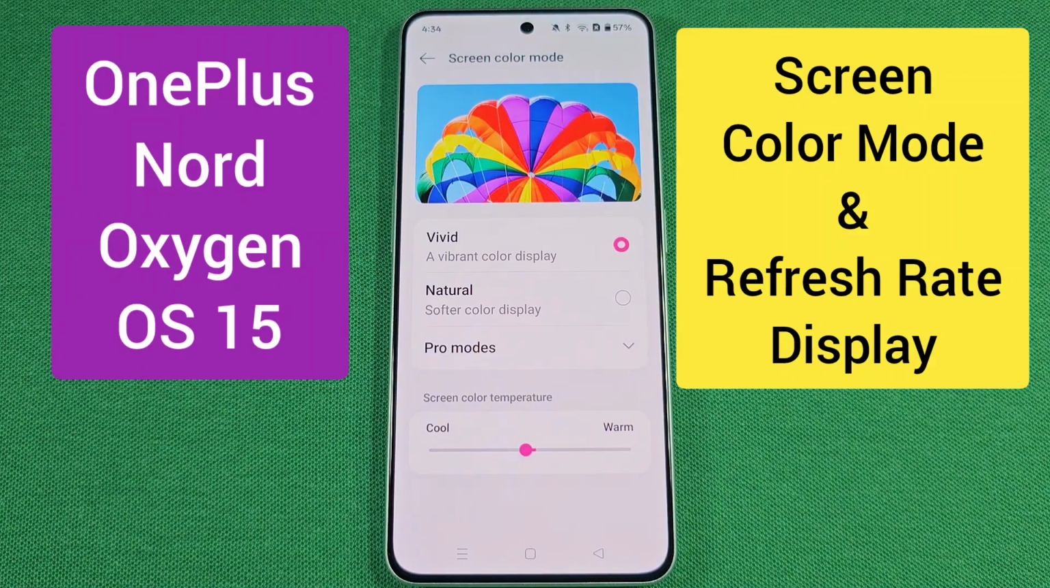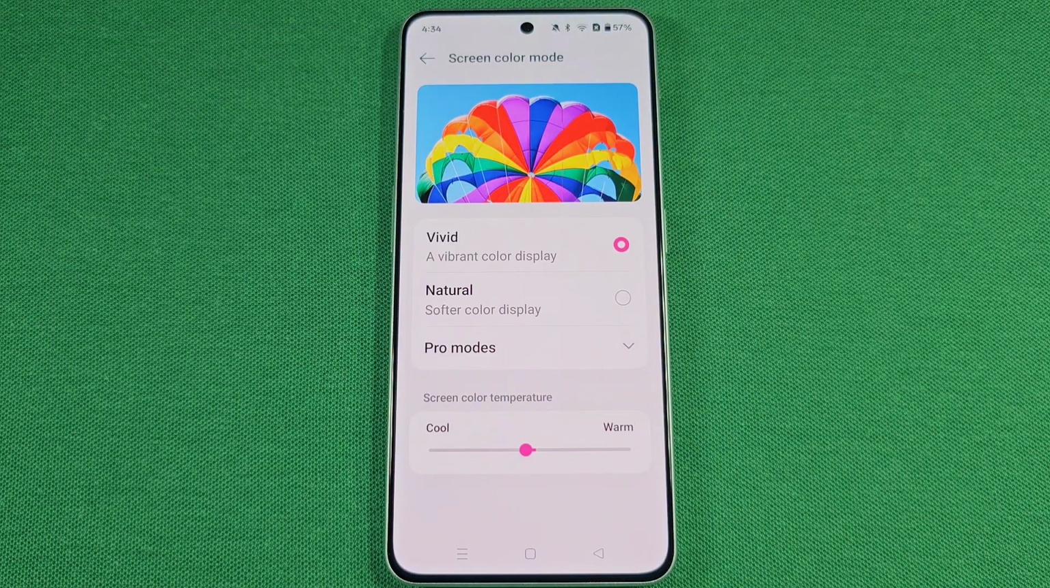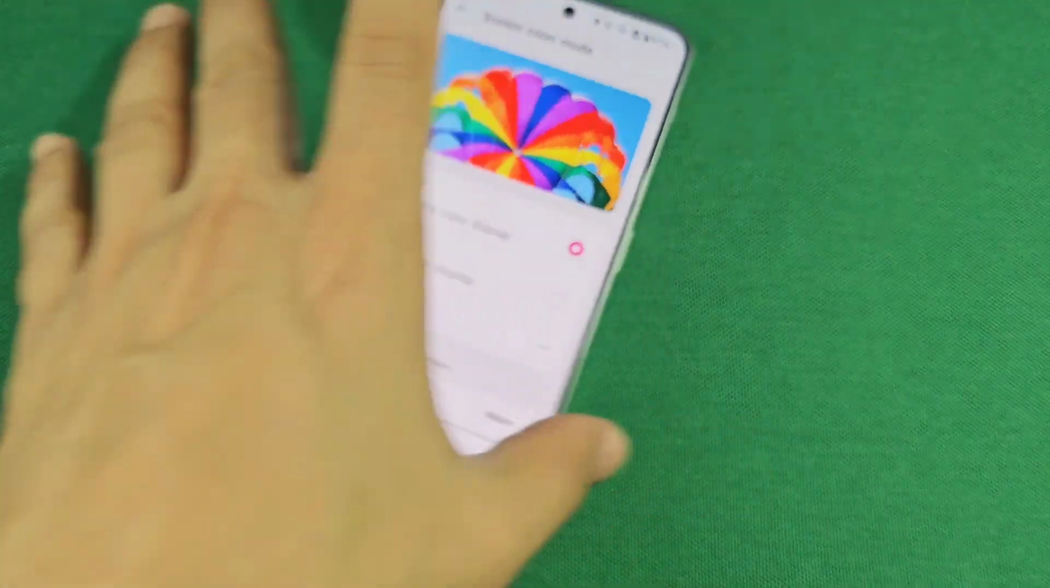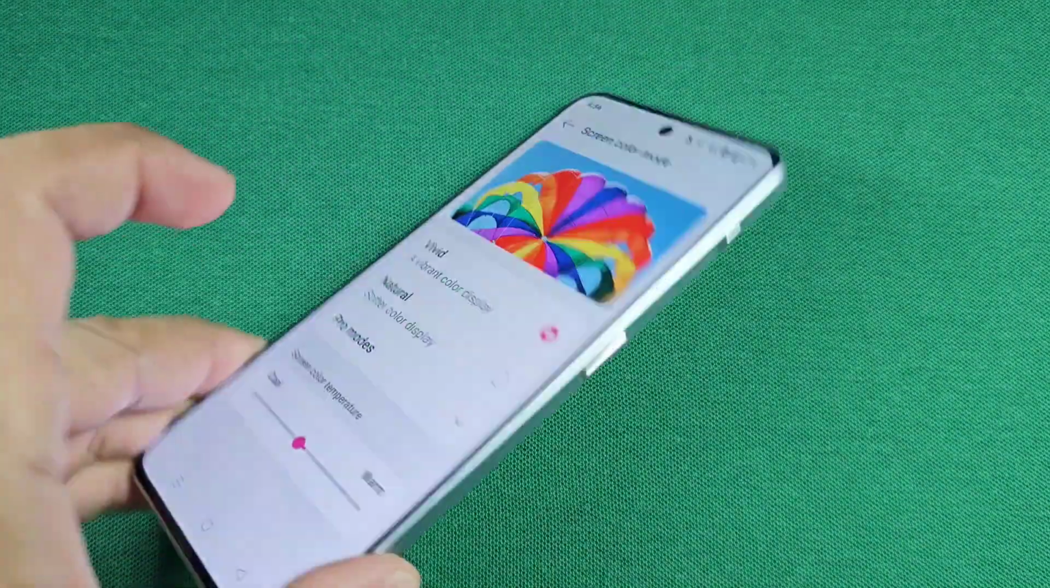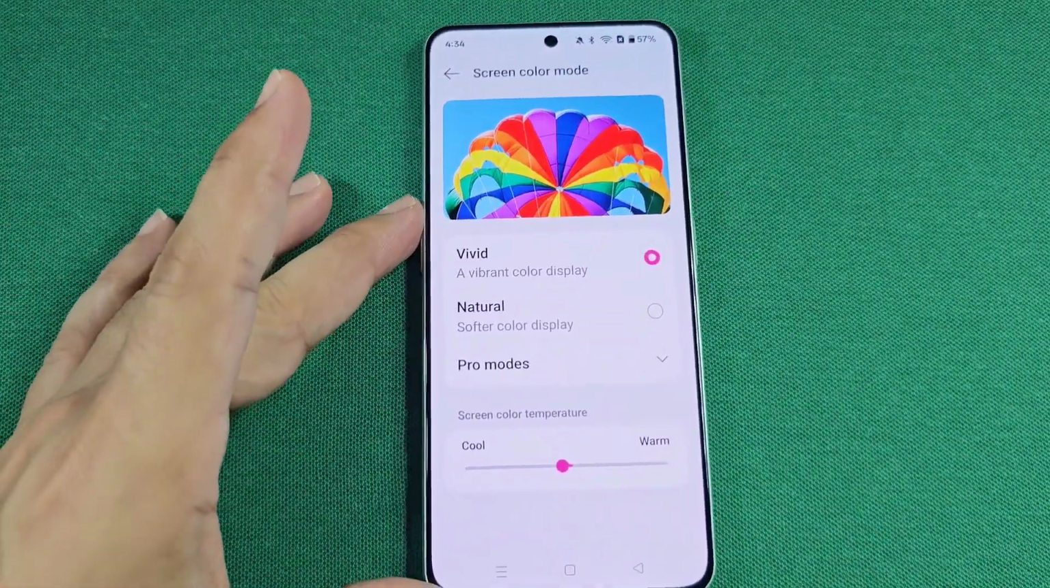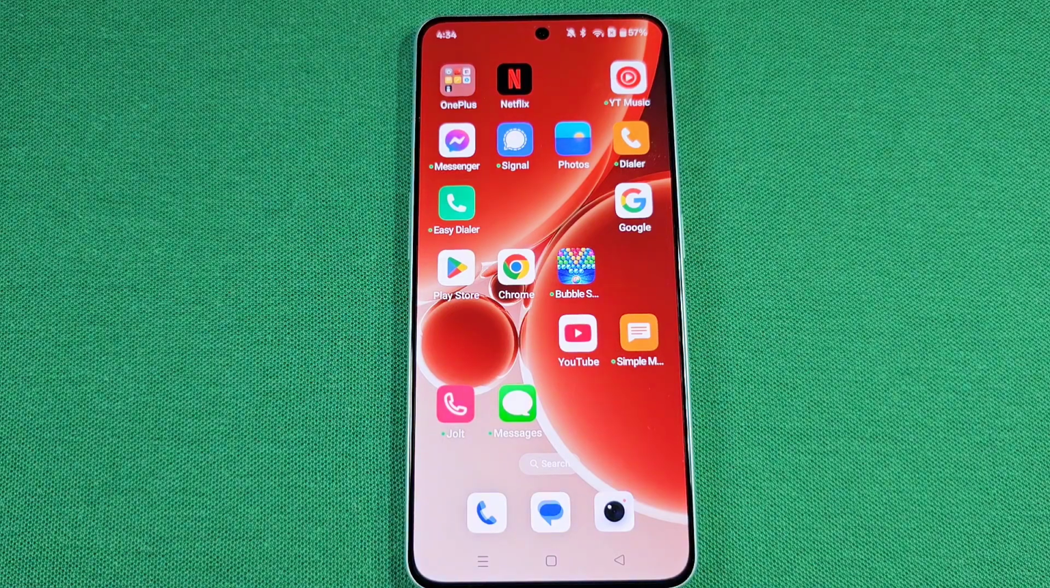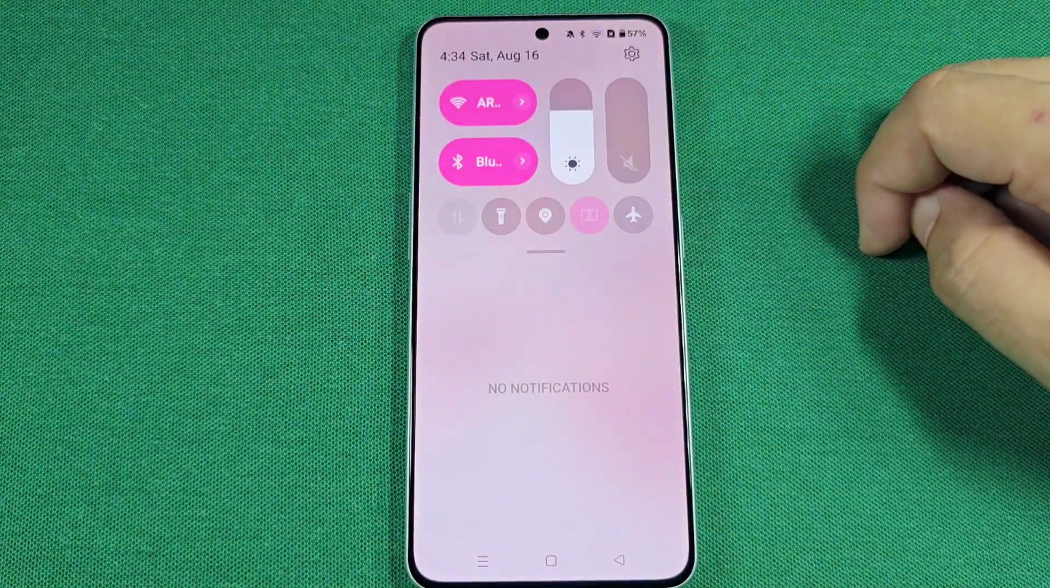How to change the display color mode or screen colors of your OnePlus Nord phone, as well as find the refresh rate settings and change it. This is for Android 15 OnePlus Nord phones. Let's do it. To find and change these settings, use the quick access, and with Android 15, you'll tap on